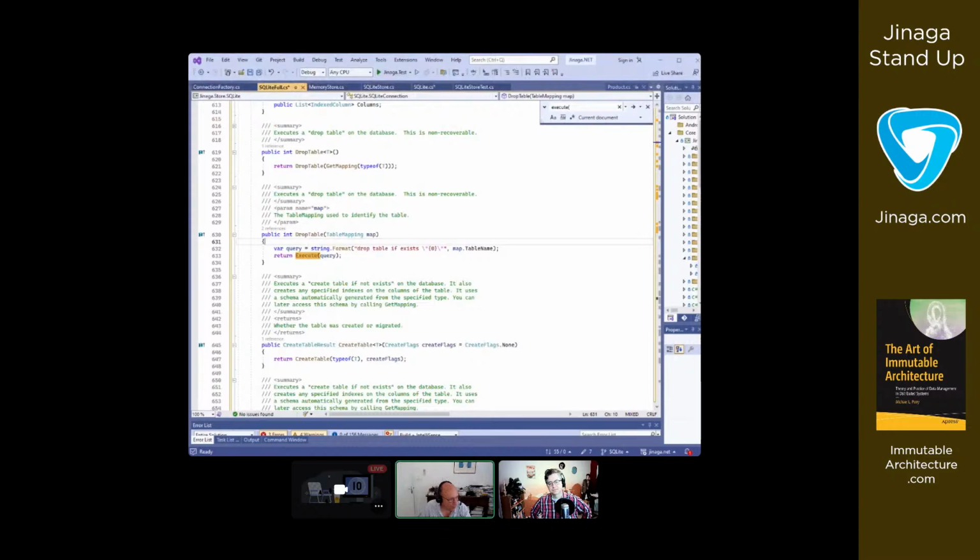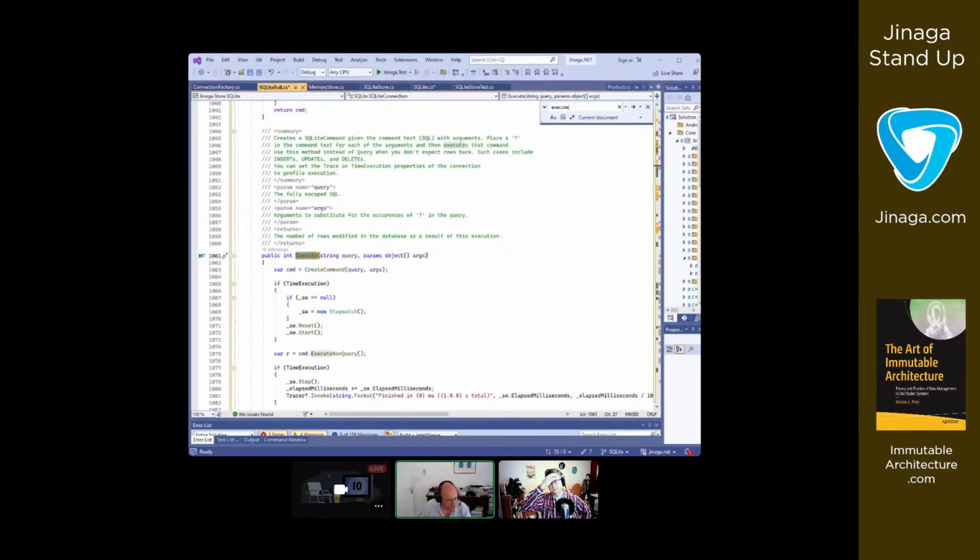For example, if you drop, you go to the execute. Here, execute a query with parameters. But then he creates a command.